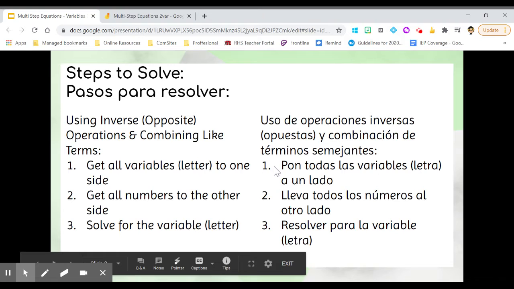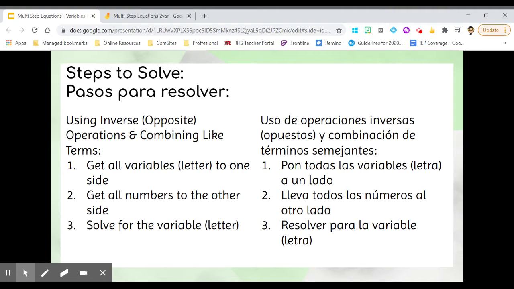There we go. Okay. So, same thing as before, we have those pre-steps. We have those steps where we're going to have to see, all right, do I have any like terms to combine? Do I have the distributive property? Stuff like that, right? Then we're going to do what we've been doing, which is using the inverse and then using the inverse to combine those like terms, which is something I haven't stressed nearly as much before, but I want to stress that,